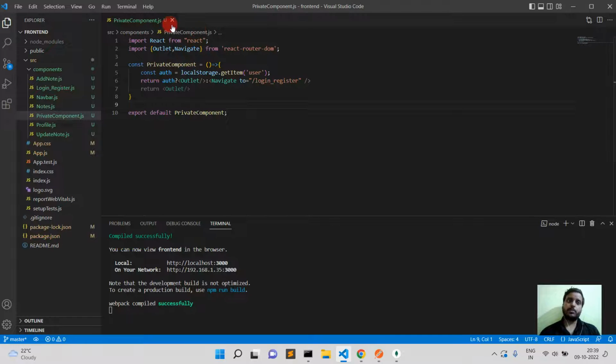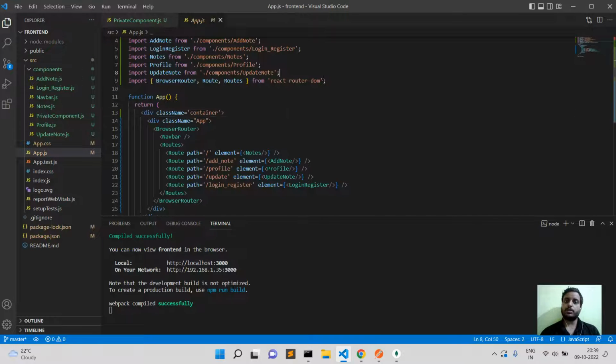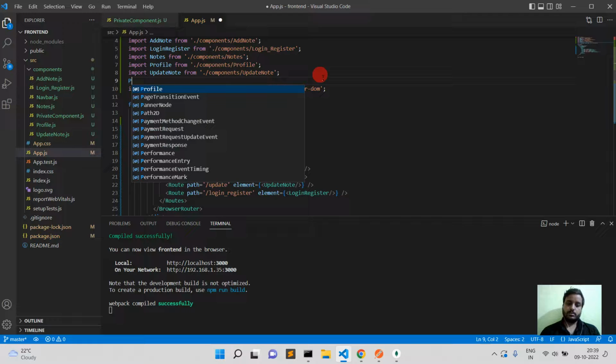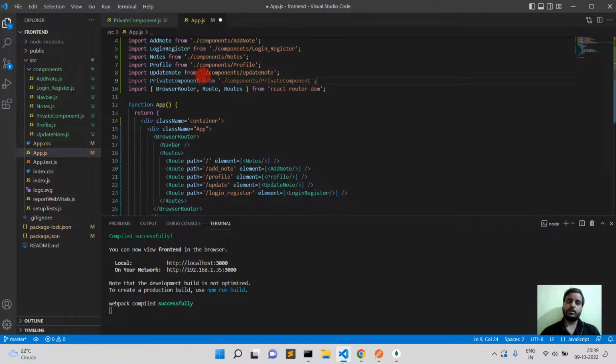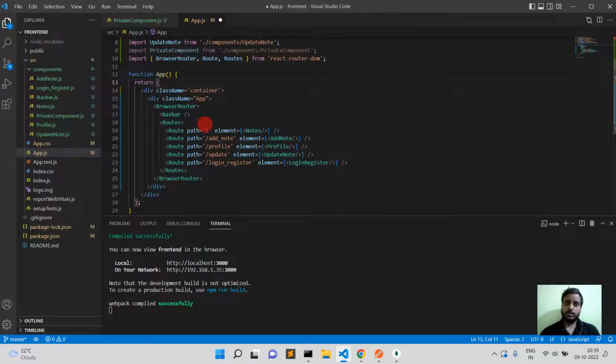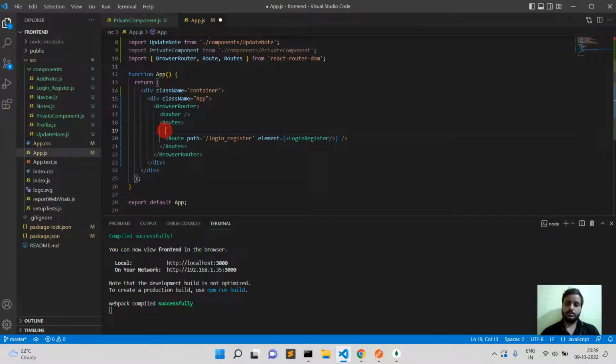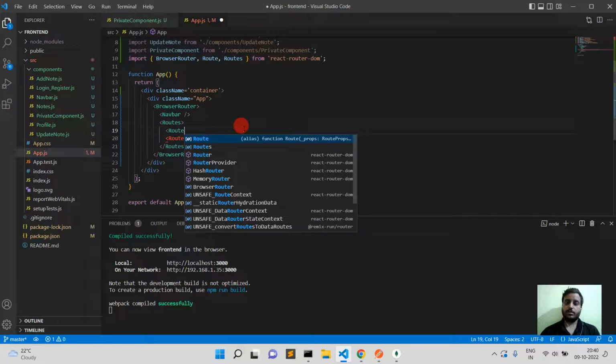Now our private component is completed. Now go to app.js and just import private component, and then just cut this, write private component here, write route here,